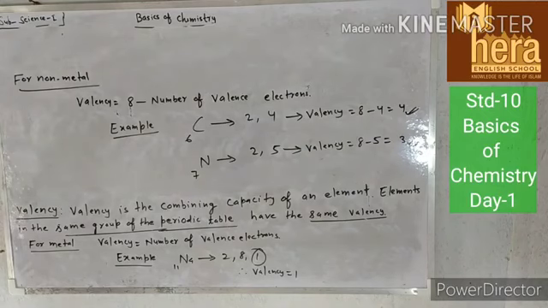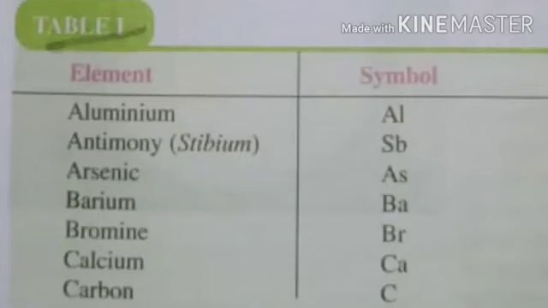Before the next lecture I will send you a table in your respective WhatsApp group. What you have to do is learn the table and write it in your science first notebook. If you do this much, there will be no problem in chemistry. Your 30% to 40% work will be easy. Okay? So here is the table.